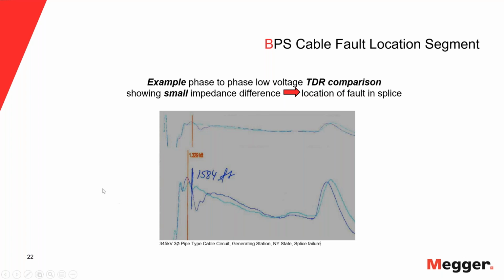So what we did is, this was the indication to start looking, and in this case, a little luck on your side is always helpful. We looked on the map and we found that distance was the first manhole out from the generating station. So we opened the manhole and I said, well, let's try, maybe we can thump it.